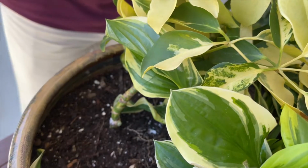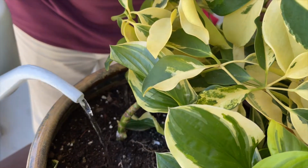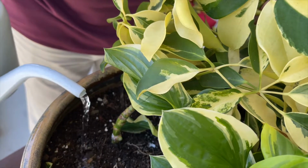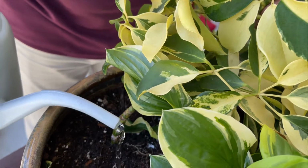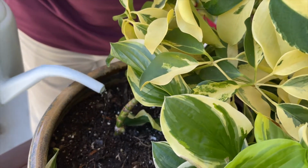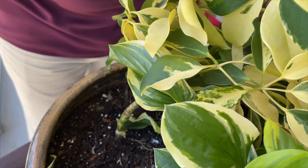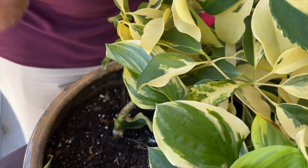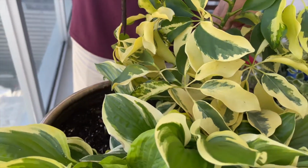You want to, of course, now add some water, but do it real lightly because you don't want to wash off much of that root hormone. Just let it sit there like that, just real lightly. We watered this planter the other day, so it's already got some moisture in it. But I usually don't like to pour water right on the edge of the cutting because it kind of washes off the hormone. And now we're going to take the stick